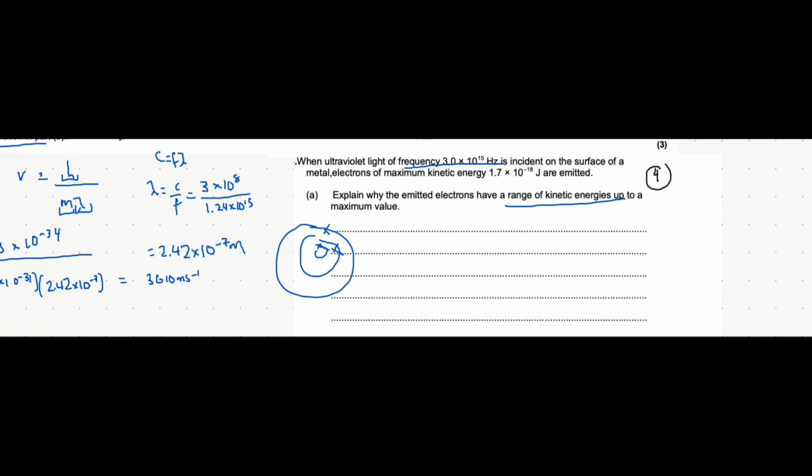Does that make sense? So you want to mention something along those lines, that electrons deeper in the energy level use up energy for excitation. And because some of the energy is used up for excitation, less energy is available as kinetic energy once it escapes, if the same amount of energy was absorbed from a photon. Less energy available for